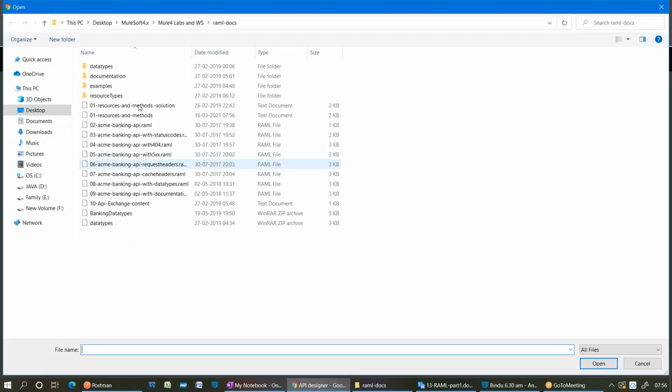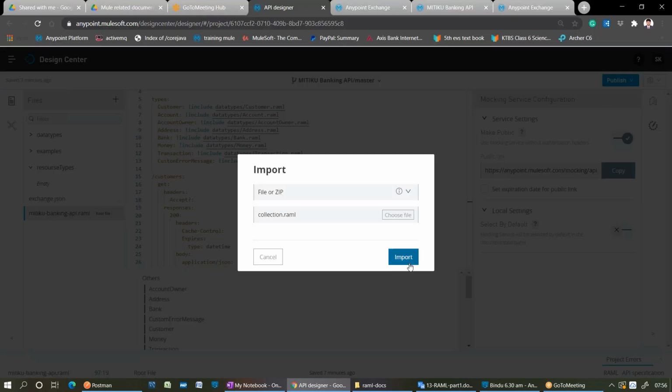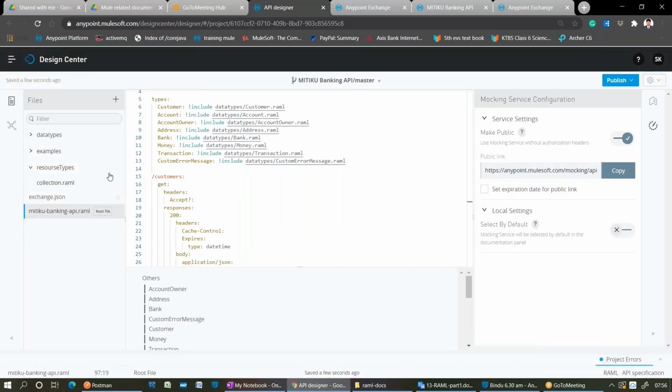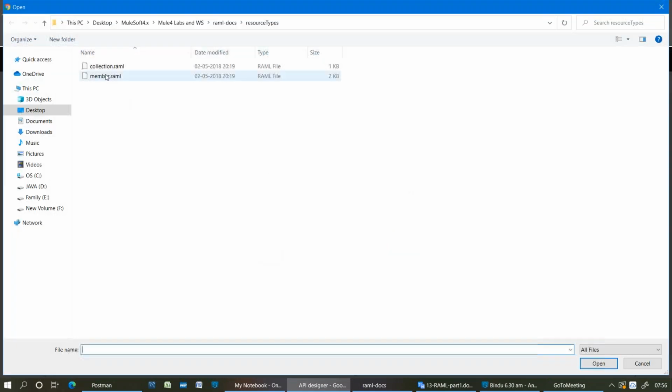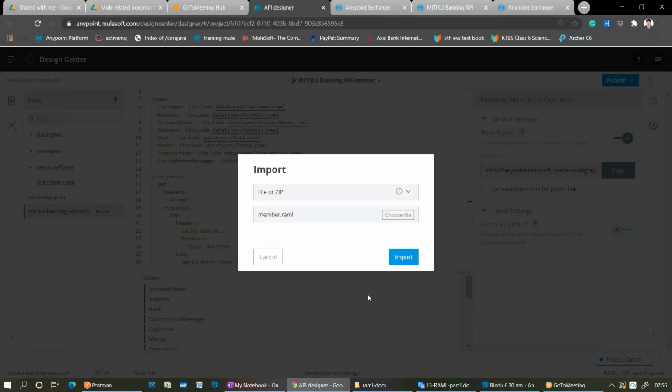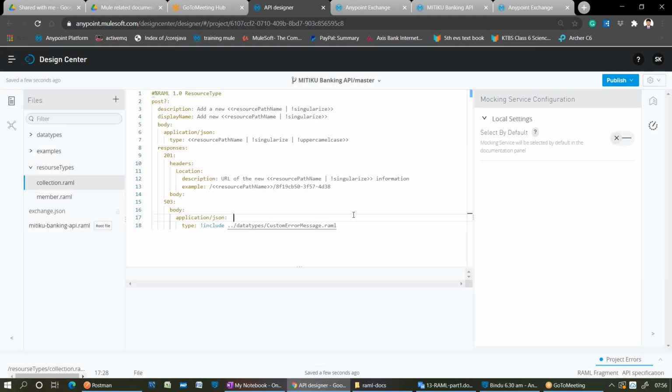I will import and I will explain. Okay. Now let me go with the collection.raml. What it contains, let me show you. See.